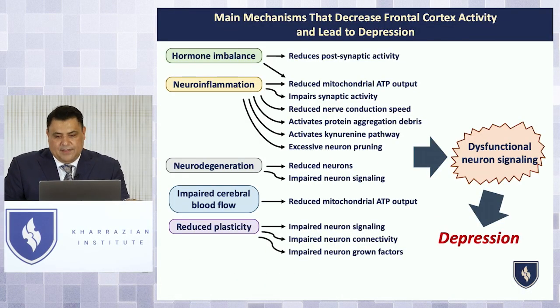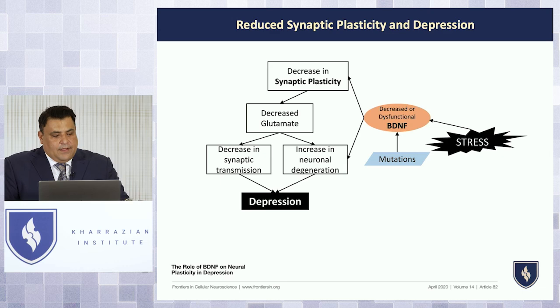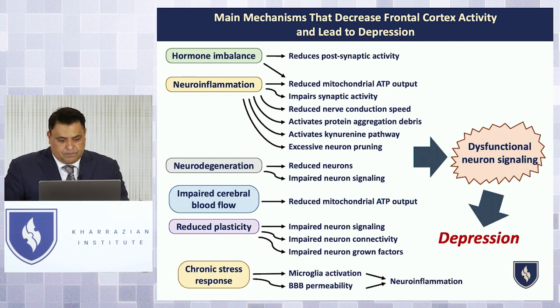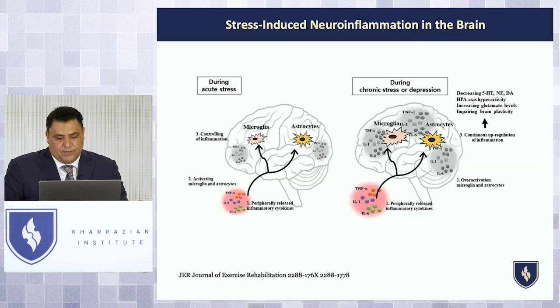Reduced plasticity, meaning the brain is not healthy. It can release less brain-derived neurotrophic factor. That can be a huge factor in causing patterns of depression. And we'll go into all the different things that impact BDNF levels. The most important one is just activity, cognitive activity, physical activity. If you don't have that, your BDNF levels go down. And then chronic stress responses have their effects that cause neuroinflammation.